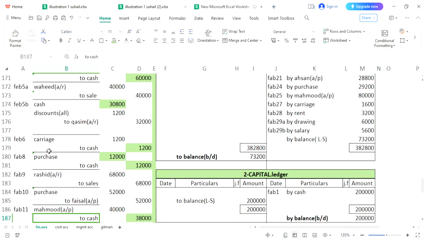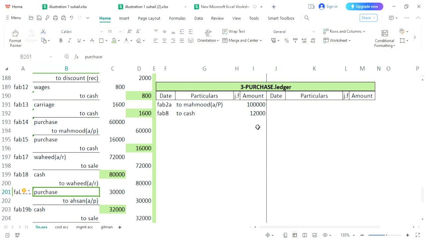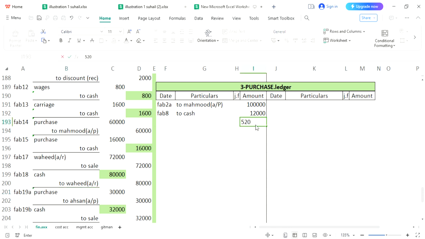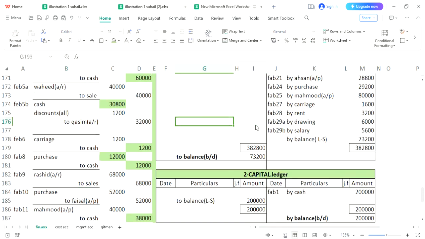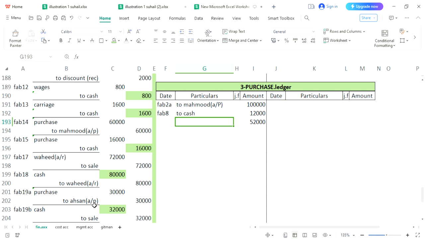We are looking for purchase. Again, purchase has arrived. 52,000 is debited. You are writing 52,000 on the debit side. Time to see its reference. For 52,000 purchase is debited. What is written on the opposite side? To Faisal. Write down